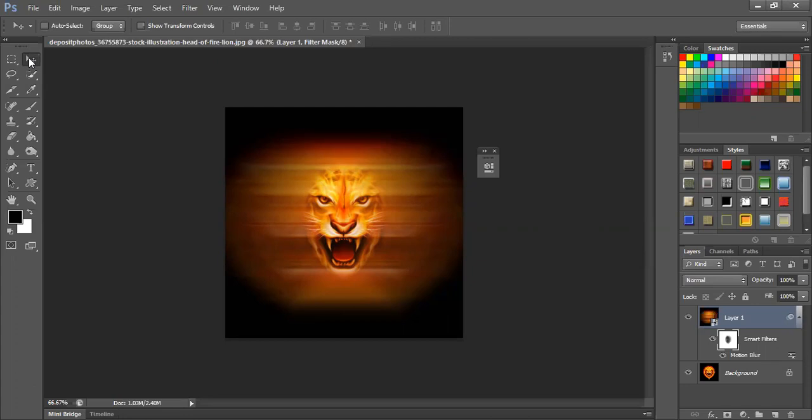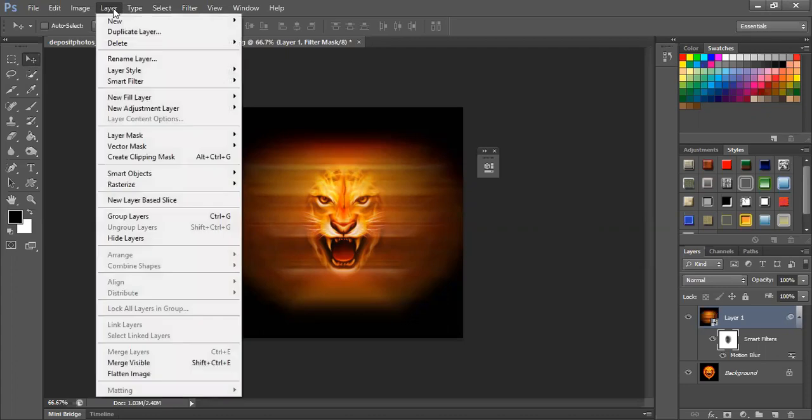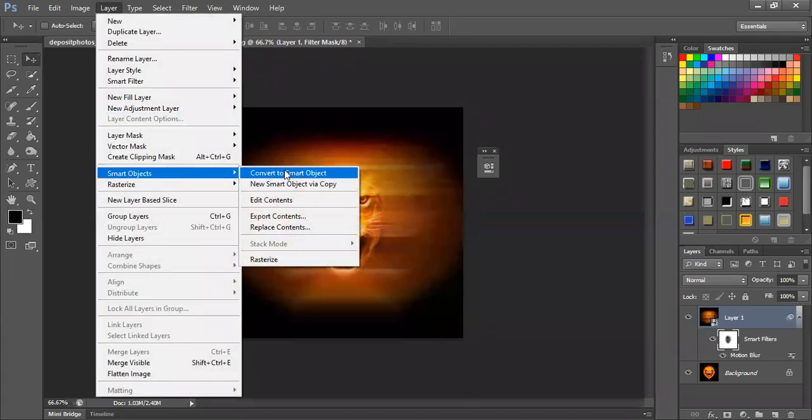I'll tell you one more place, Surbhi, if you're unable to get it. Go to Layer. I believe here also you will find Convert to Smart Object. In case you're not able to find it in the layer section, this is one more place to find it. Just let me know if you still don't get it, okay?